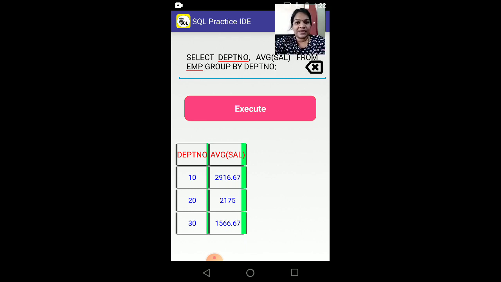Now, next scenario, consider the IP class itself. I want to categorize them as B batch students, C batch students, D batch students. For that we use group by. Again, I want one more classification, that is in B batch I want the marks of girls and the marks of boys. For that you can use the same group by, but you have to specify multiple columns. For example,